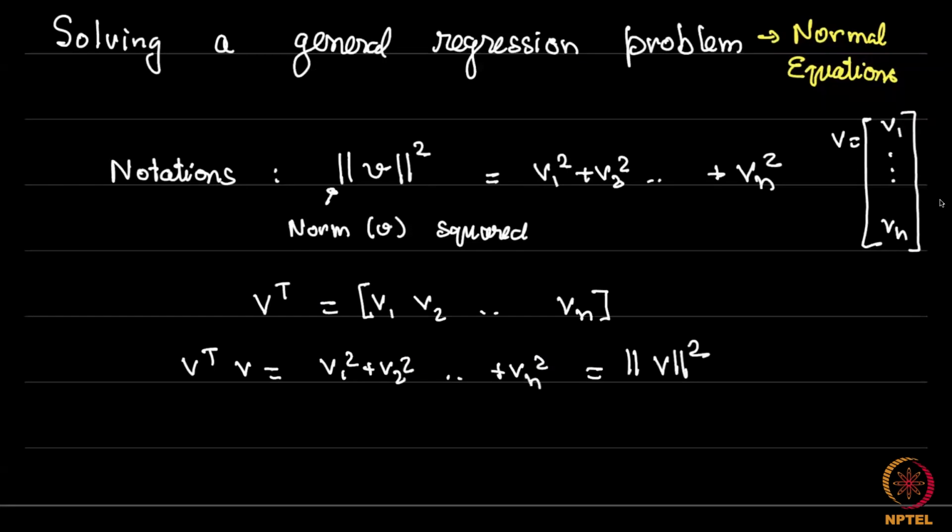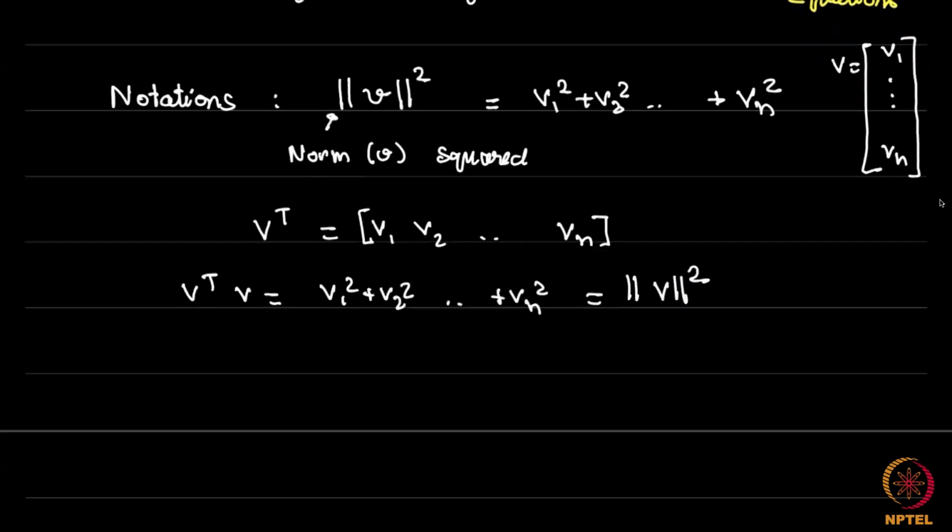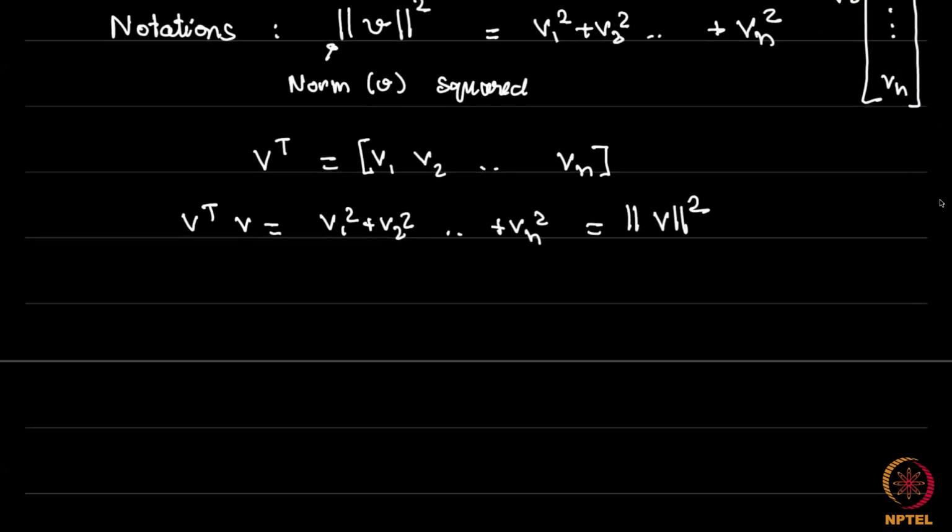Technically speaking, you are supposed to call this the 2 norm of this, and I'm supposed to put a subscript 2, etc. All that I'm going to skip, at least for now. So this is v transpose v. Okay. Now let us come to